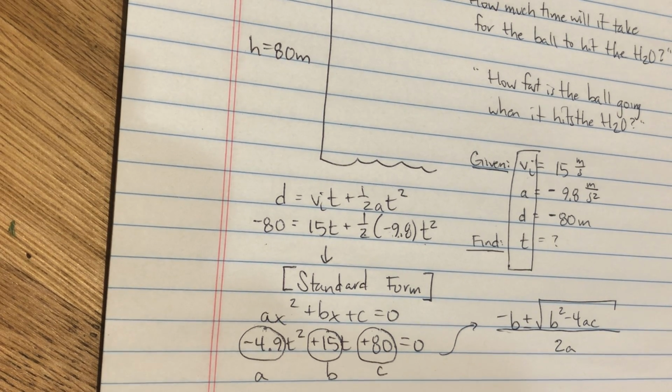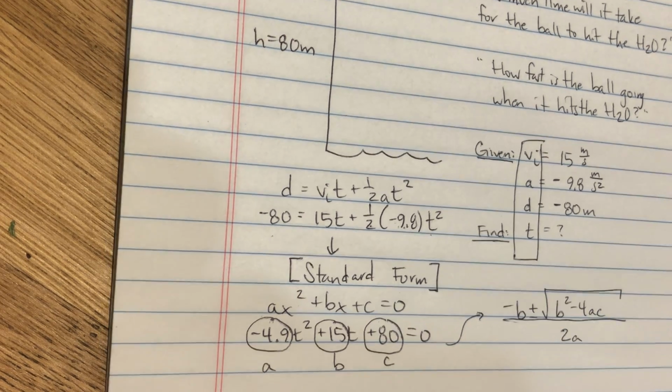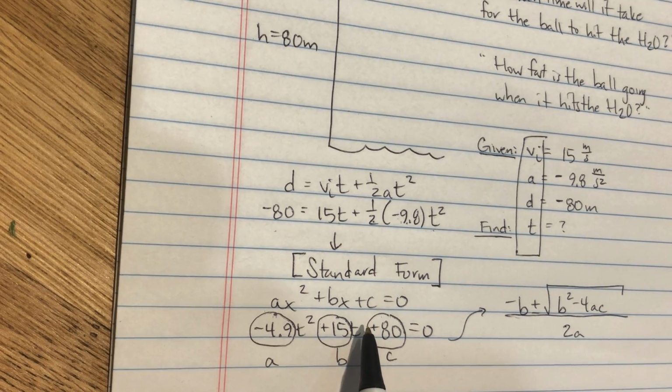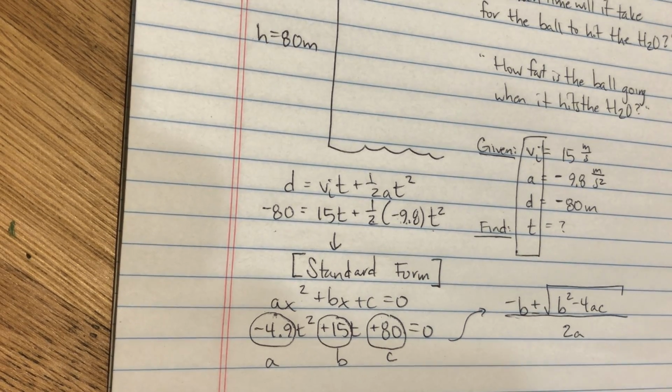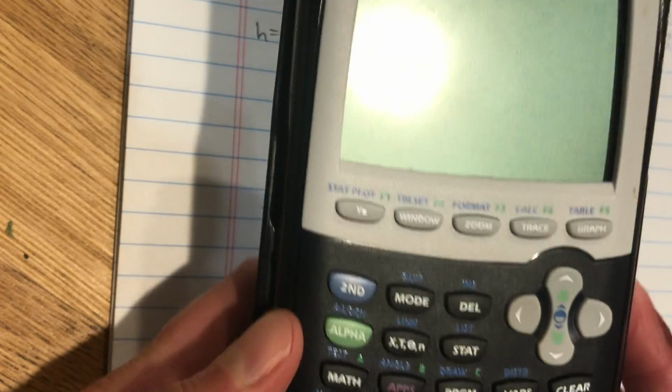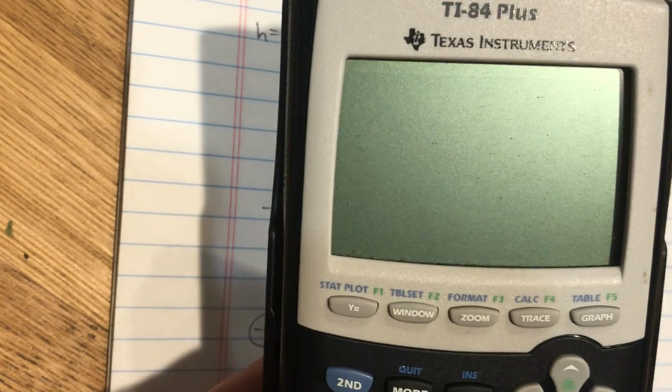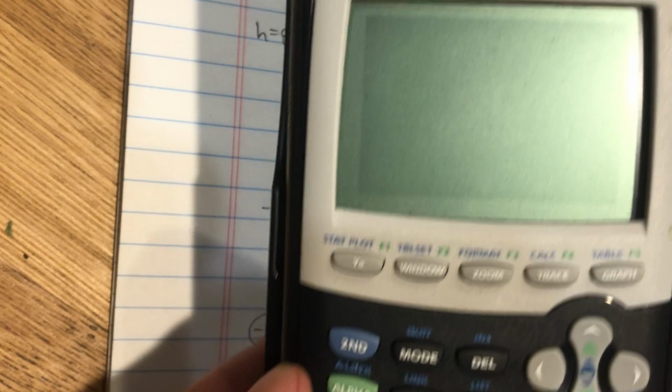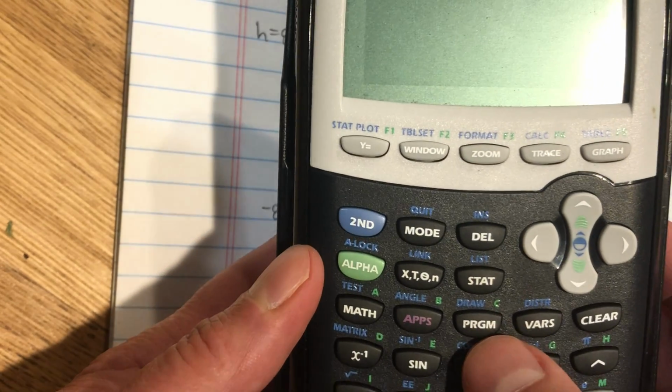But to save time, we're going to either solve this using a website like Desmos, where we'll be able to input this equation just like it is and click on the appropriate points in the graph to find the time, or we can use the quadratic formula program in a graphing calculator. So I'll just kind of walk through that. There's a million little variations of this you can find or kind of create. So here under program,